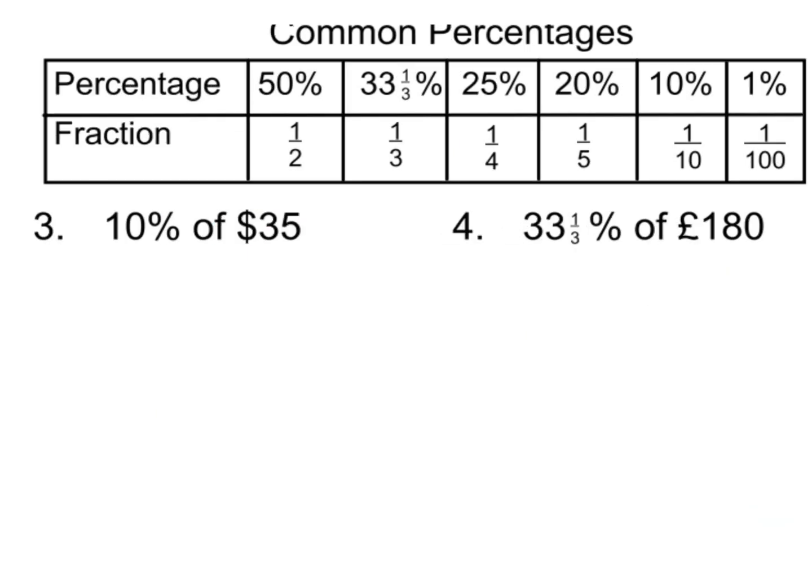So let's look at 10%. Now I've turned it to dollars. I don't know why that is, but let's not worry about it too much. Now 10% is 1/10 of 35. Now, if that's a number you can just divide by 10 by knocking off a 0, brilliant, but I can't on this one. So to divide 35 by 10, I'm having to think of the decimal point is there. The decimal point is hidden at the end of 35, and I need to move that in one place. So that would make 3.5, or in this case,